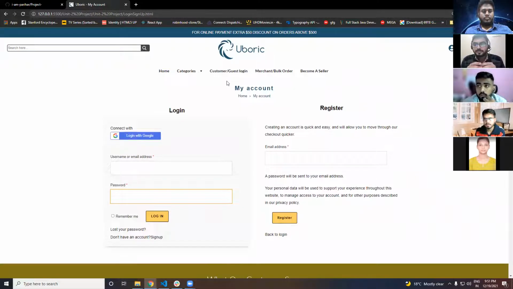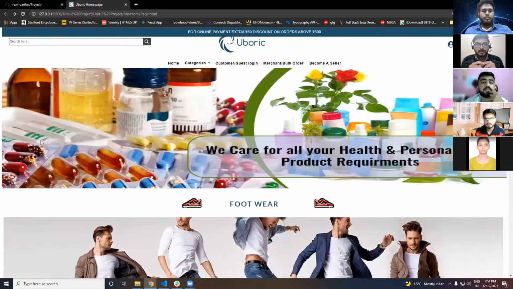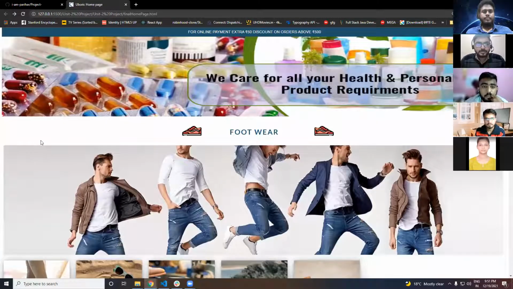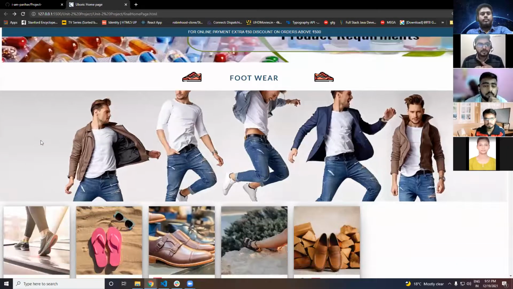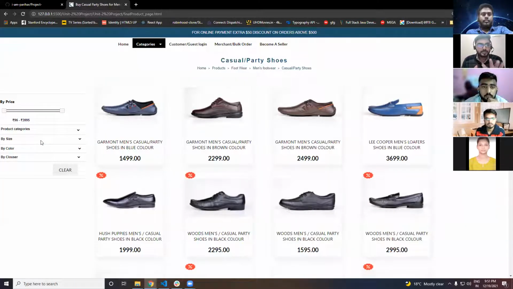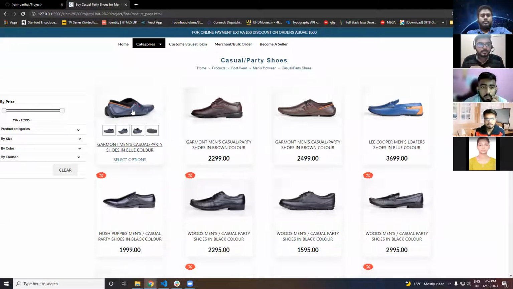Open the product page, Mayur. Okay. So it is our product page. You can see very clear images of all the products here. Mayur, you can put the cursor over the first product. Yes. You can see a minimum of several varieties of images here for a particular product, so it gives the customer a clear image of how the product looks in every aspect.